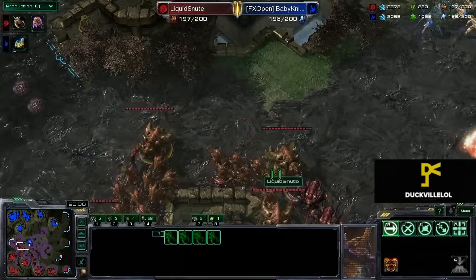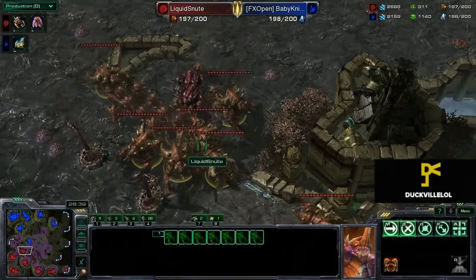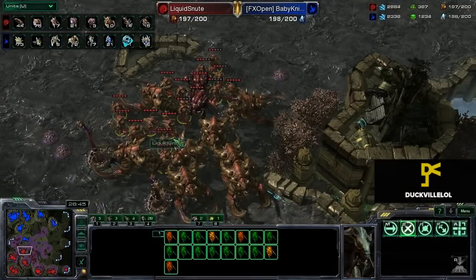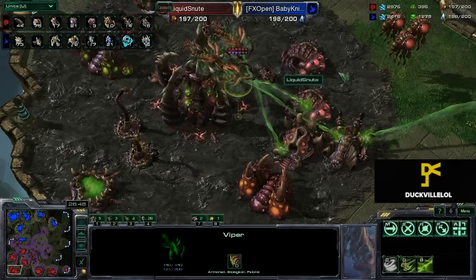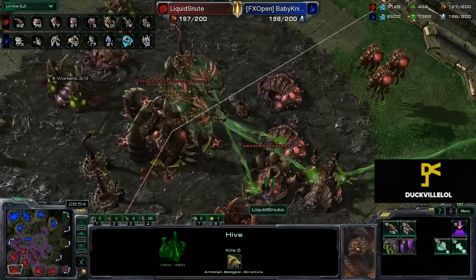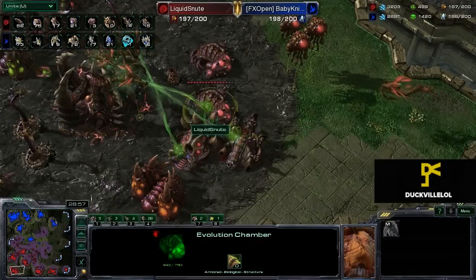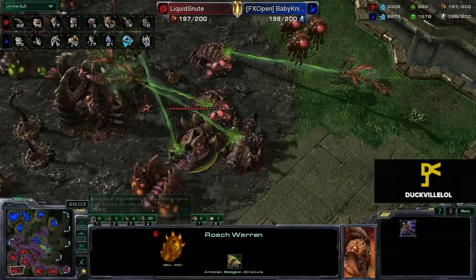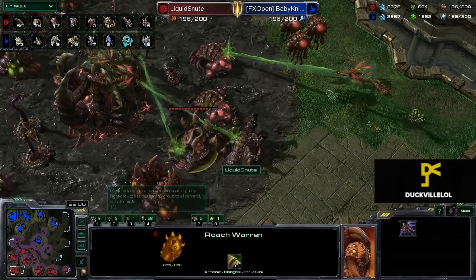But BabyKnight is going to have his work cut out for him, certainly, with all these Ultras now popping out. We've got a large contingent of these Hydras as well, 17 of them, along with the 4 Vipers that are still out. We actually did have them stay alive for a little bit longer. They're now taking down some supplements from these buildings inside the main. I'm not sure taking out the Hydra Den is the best idea, but